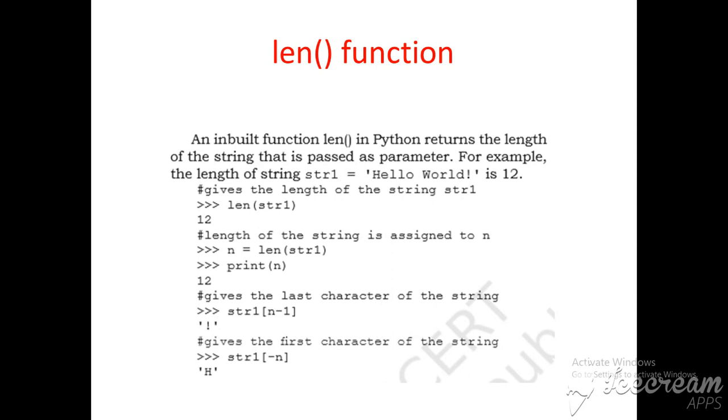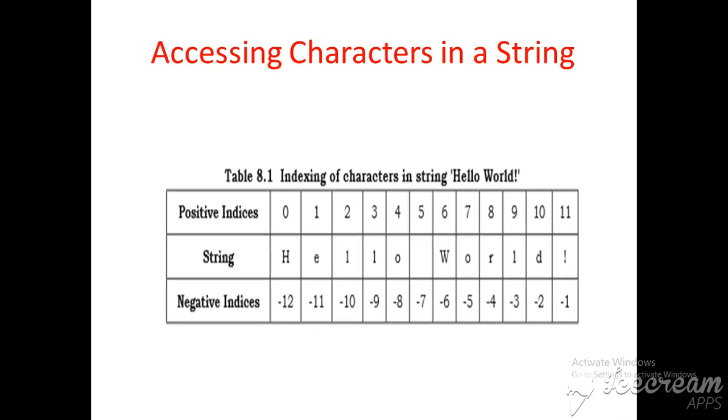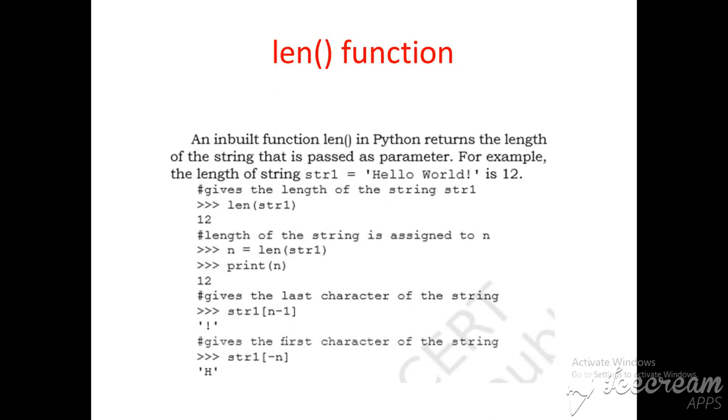Here n is 12, so str1 of minus 12, look at the table, minus 12 is h, so the output becomes h. So this is the use of the length function. The length function returns the number of characters inside the string, so that while calculating the total number of characters, it